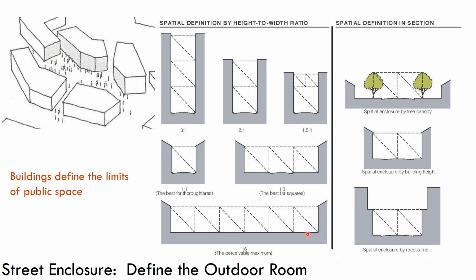Now, if you happen to have a situation in which it's way too wide in this area, you can use things within the space to help create these more idealized ratios. For example, here you can see how trees can be used to create, within a very wide space with not very tall buildings enclosing it, more of this 2:1 ratio. The buildings themselves can be shaped through massing to create this ideal ratio, in this case at the lower level. So this might be the first or two stories of the building, and here we get the 1:2. And then what happens up here is less important, because it's really at the street level that people feel the need for the most sense of enclosure.